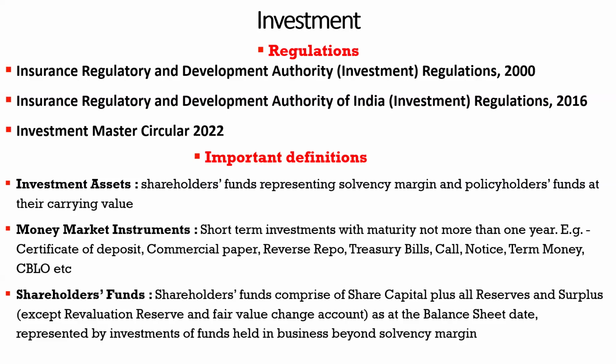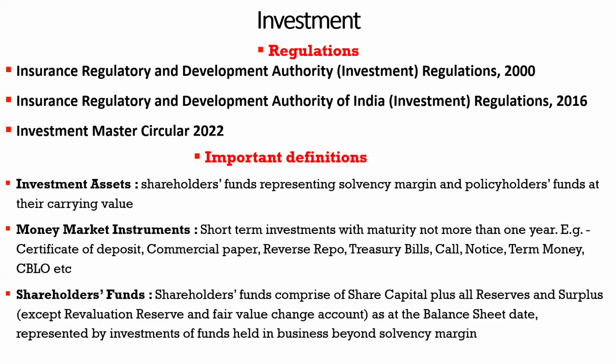Policyholder funds means your outstanding claims which are payable to policyholders in the future. If you take the example of 31st March 2024, in the balance sheet of year ending 2024, the amount payable to policyholders, the amount which today or tomorrow has to go to policyholders, represents the policyholder funds, meaning outstanding claims which we are going to pay in future to policyholders. Premium deficiency reserve we'll discuss in the next step, and our unexpired risk reserve.